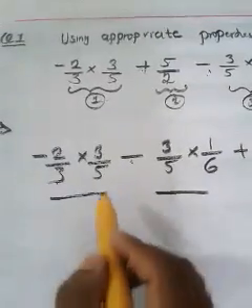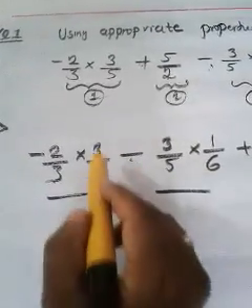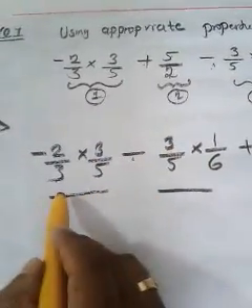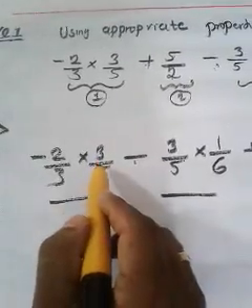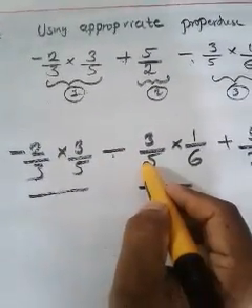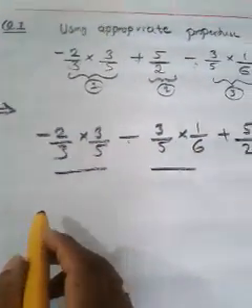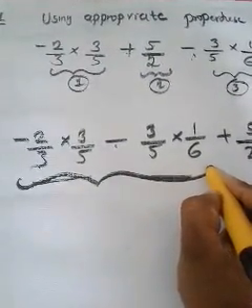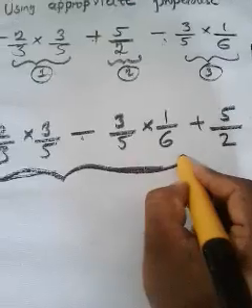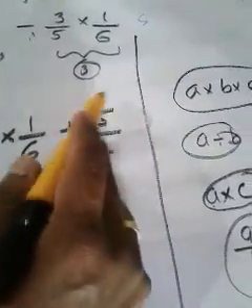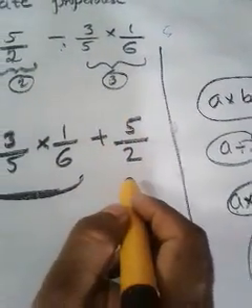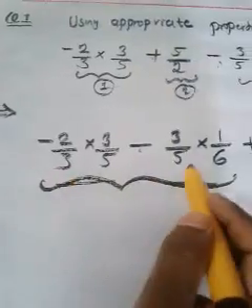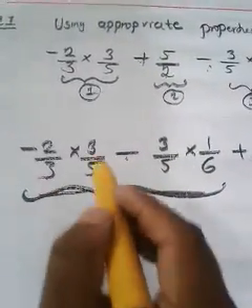Because I know that there is a common term, which is 3 by 5, a common factor. Why? Because in this term 3 by 5 is there, in this term also 3 by 5 is there. So just take that 3 by 5 outside from these 2 terms. Which are you going to take outside? 3 by 5. Can you take 3 by 5 outside from this term? No, because there is no 3 by 5. So the last term stays as it is, but the first and second terms share a common term, that is 3 by 5.